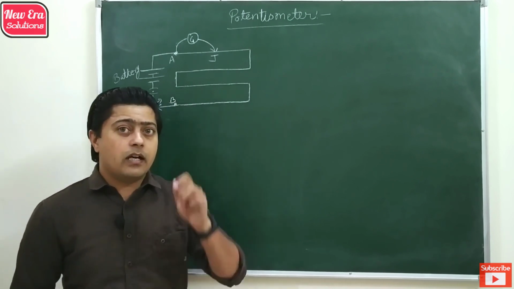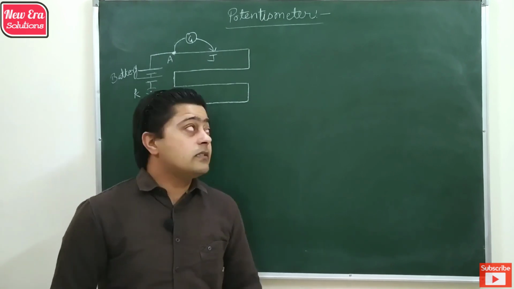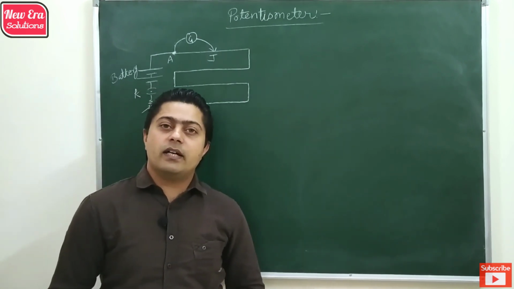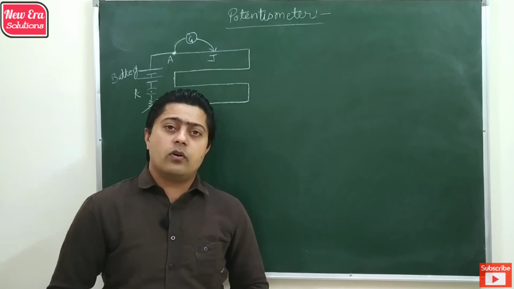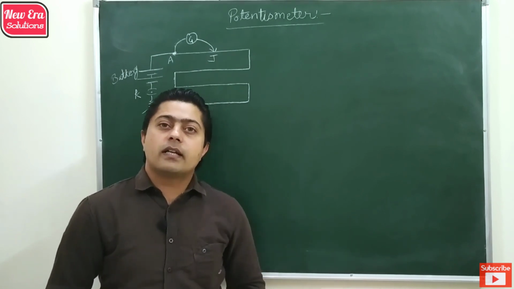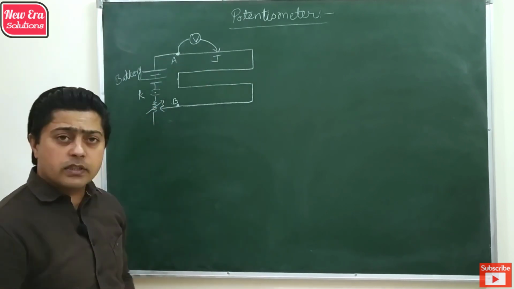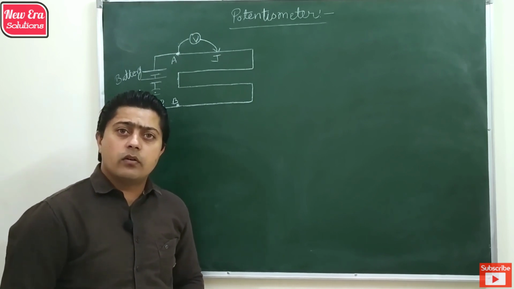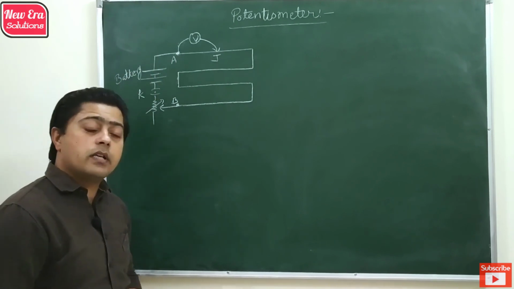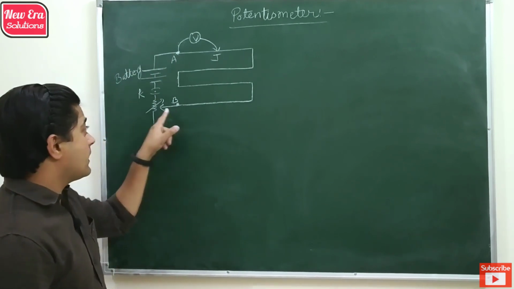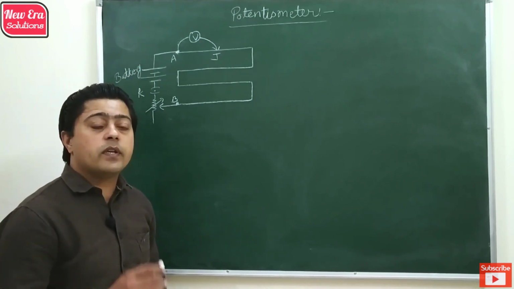So to measure the actual EMF of a cell we use another device, the potentiometer. A potentiometer is a device used to measure the EMF or internal resistance of a cell, which a voltmeter cannot. As per the construction of the potentiometer, we have a long wire, usually 5 to 10 meters long, placed on a wooden scale. One end of the wire is connected to the positive terminal of a battery and the other end of the wire is connected to a rheostat, which makes that battery a variable source of EMF.